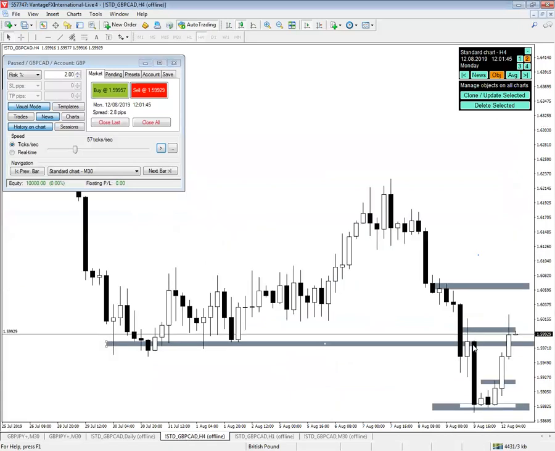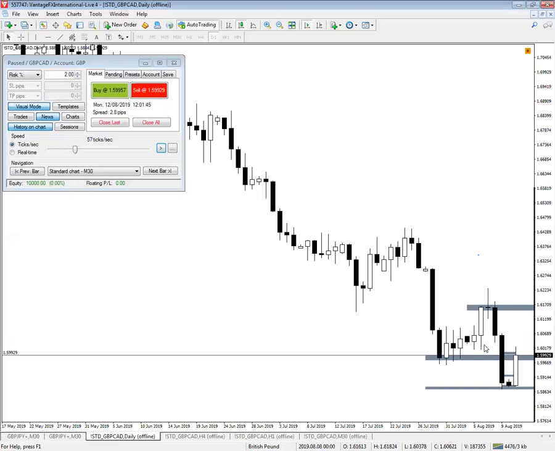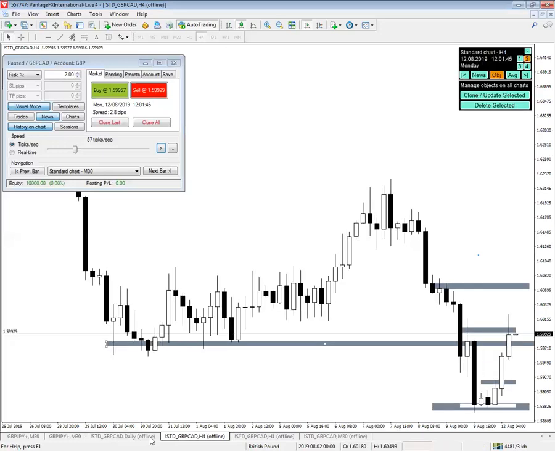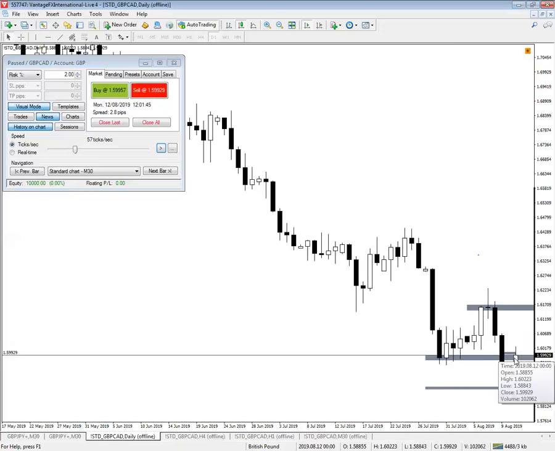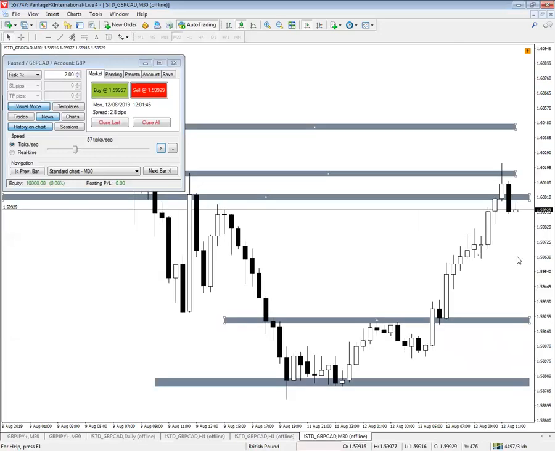Let's have a look at the 4 hour, see what the 4 hour is doing. Yeah, new 4 hour just opened. We kind of did get above all of this to the left on the 4 hour, and we kind of have closed back above this support based on the 4 hour. And then based on the daily, it looks like we're starting to come back down. So I'm inclined to see,